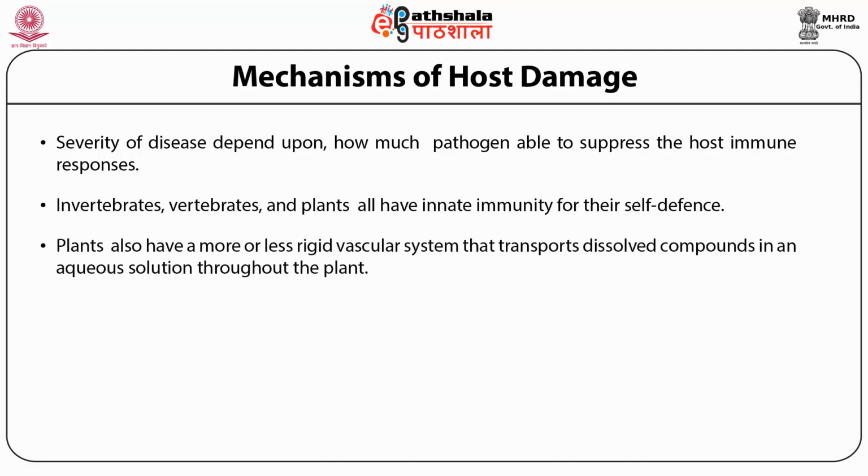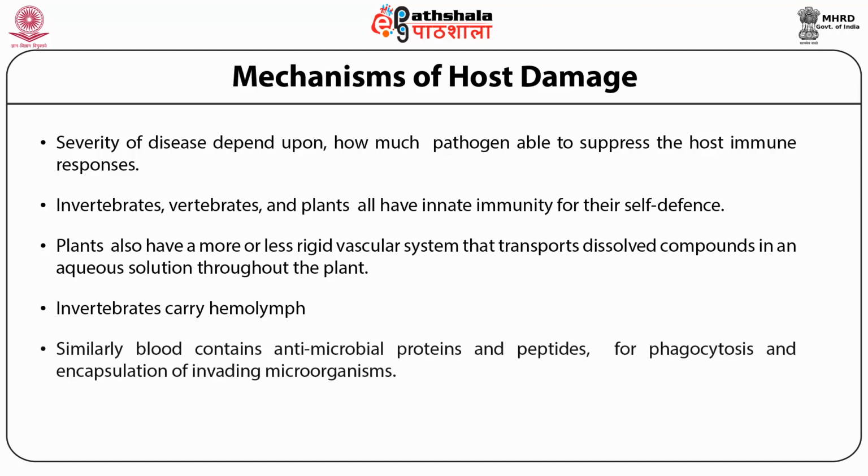Plants also have a more or less rigid vascular system that transports dissolved compounds in an aqueous solution throughout the plant. Similarly, invertebrates carry hemolymph, which can flow freely within the open body cavity, making direct contact with all tissues and organs. Like human blood, hemolymph also contains antimicrobial proteins and peptides. They contain circulating cells like plasmatocytes and granulocytes, which are capable of phagocytosis and encapsulation of invading